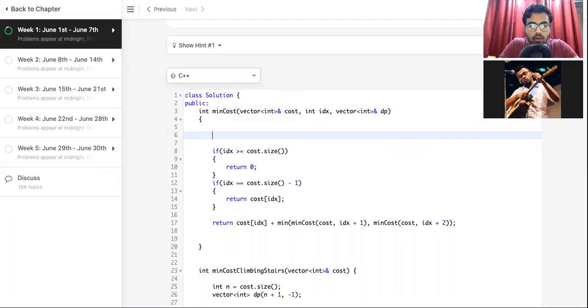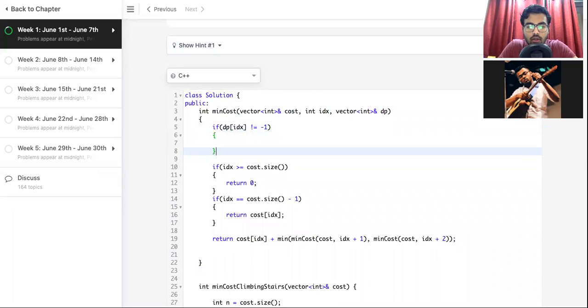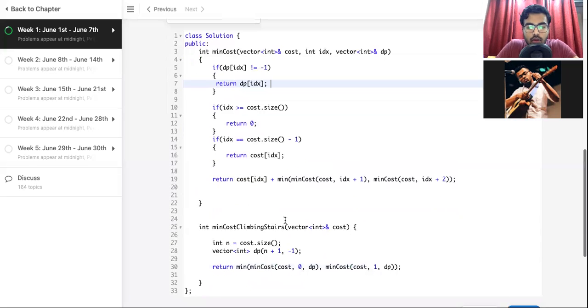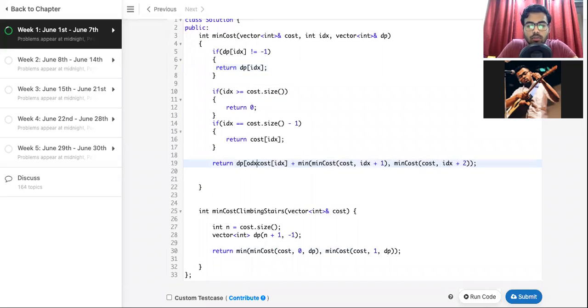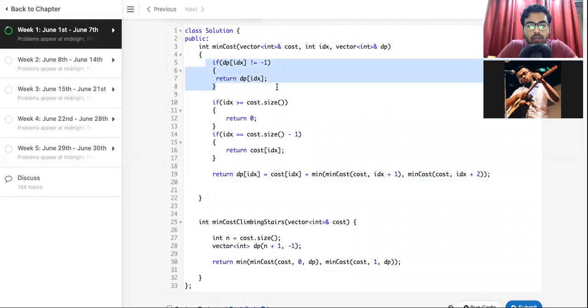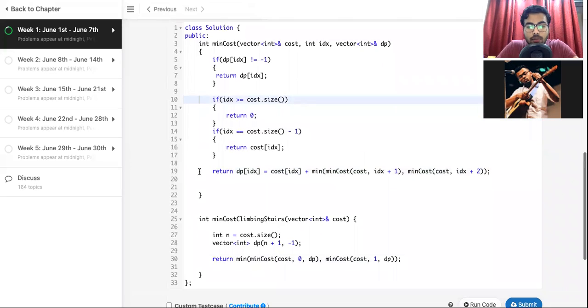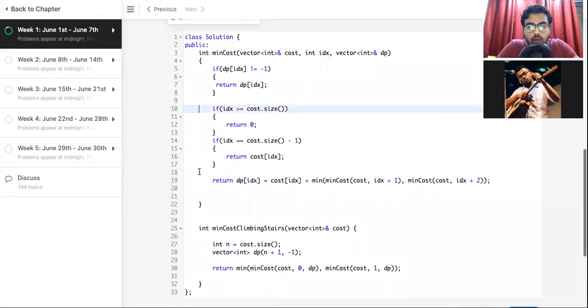One more thing that we'll be doing is checking if idx is already found, meaning we already have the answer of that, then we return that answer. And here also we'll be putting it in the idx of our dp. So we'll be putting in the dp whatever answer that we get on that particular index, and if we already have that answer, we'll be returning that. Now this will be cutting a lot of cost that is required for doing unnecessary repetitive steps. So yeah, that would work.